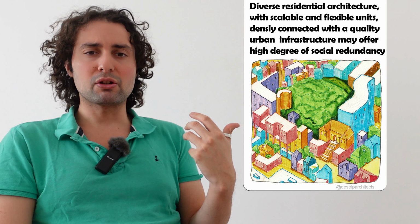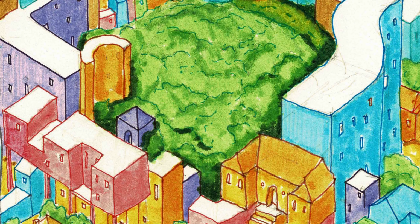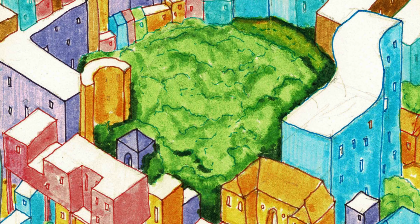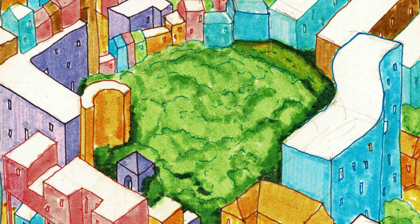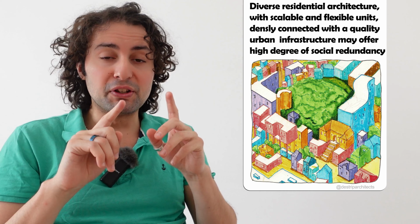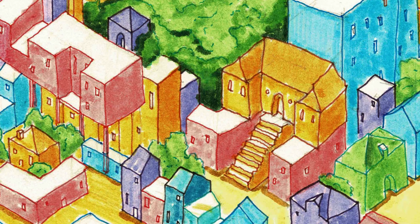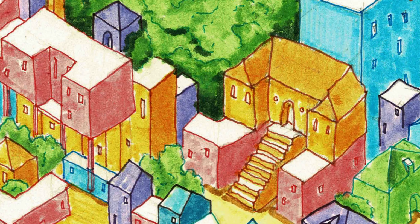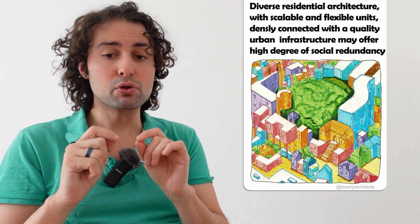Therefore, as you can see on the illustration, we have sketched a big park just as the study case from today, and around it we have sketched colorful buildings, which is a direct metaphor for a diverse architecture. In other words, around these parks it is important that we organize urban fabric consisting of different scales, styles and typologies that will be attractive for different groups of people. This diversity should be developed in direct proximity, and therefore it should follow a consistent level of aesthetic quality and decent common infrastructure. Finally, there should be a bigger number of high-density buildings, but also scalable and flexible solutions for